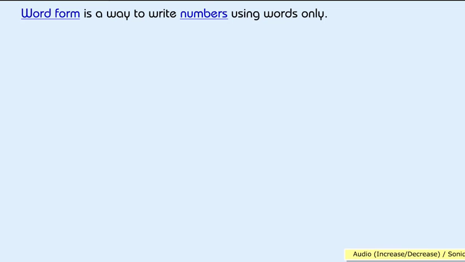Word form is a way to write numbers using words only. Digits are used to